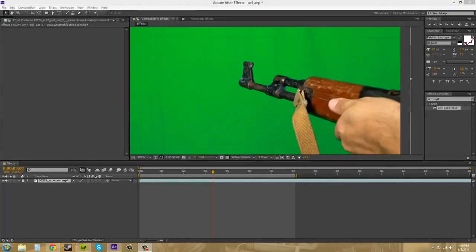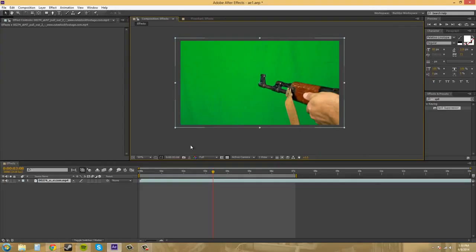And what we're going to go over today is color keying in After Effects, and we're going to use the effect called color key. When you have some video footage in your comp here, if I watch this, I can see that it moves around a lot. Now what I want to do first is suppress the amount of